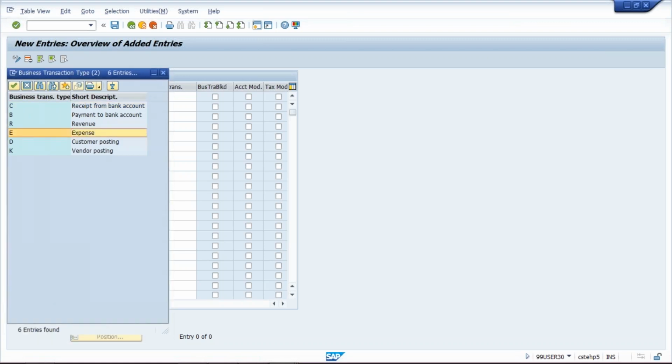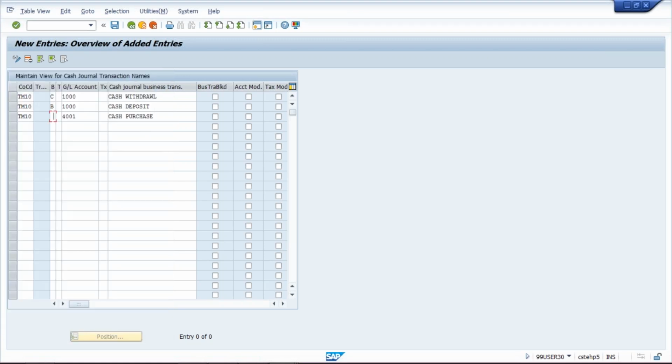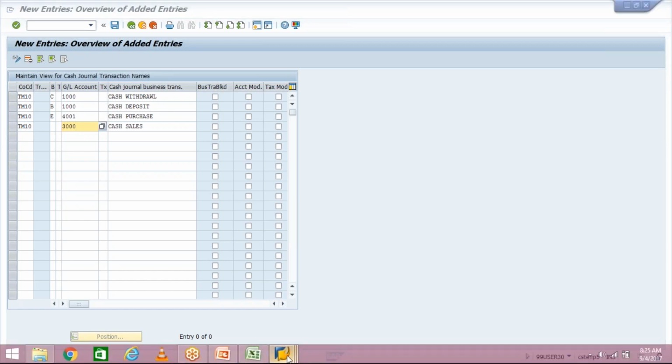which is nothing but your expenses. Double click on E, and then once again your company code, and here we are going to give cash sales. For cash sales, we have a GL number 3000, which I have created just now.